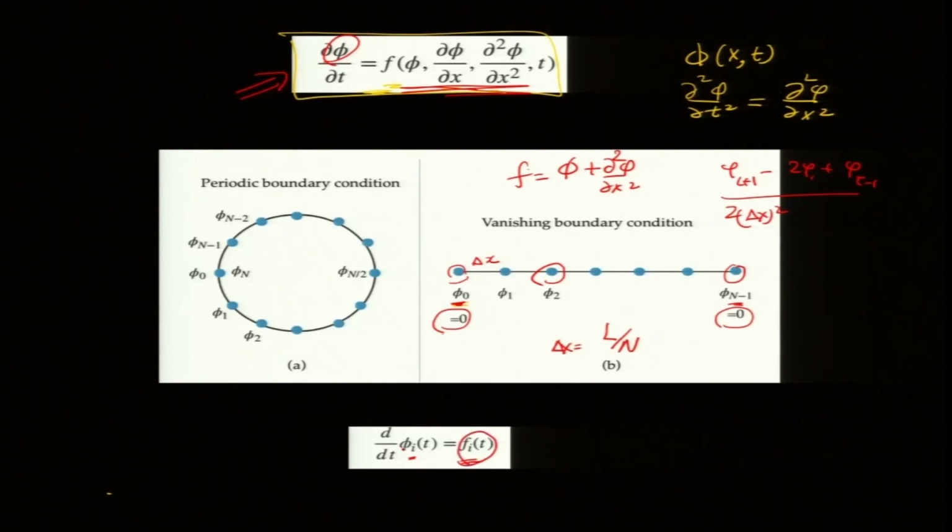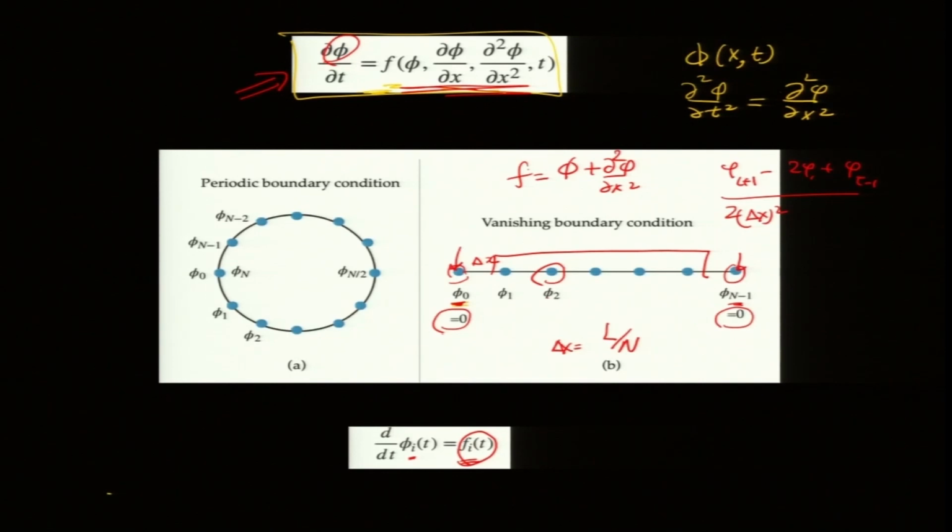So, how many differential equations will I get now? One great advantage is that the PDE has been converted into ODEs, right, and ODEs are easier to solve than PDEs. Normally in numerical methods you will find that PDEs are converted to ODEs. So, we convert to ODEs, and now I have n ODEs, one for every point. If it is a vanishing boundary condition, then we do not time advance these two end points, they remain the same, 0 will remain 0, but I am time advancing the other values.